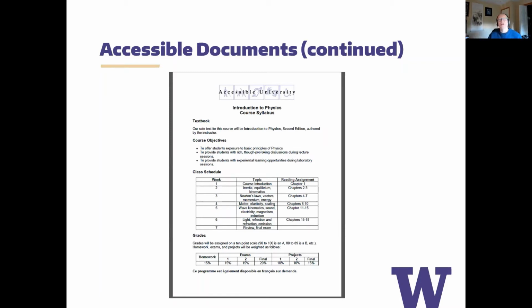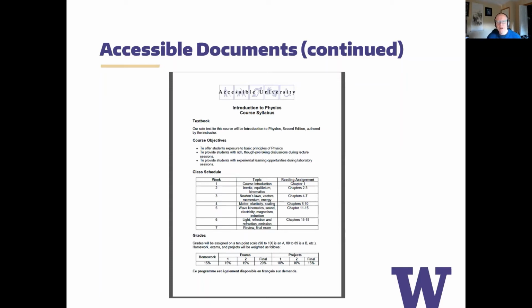PDF has an underlying tag structure that's very similar to HTML, but a lot of PDFs are created without any awareness of that, which is a problem. Same with Microsoft Word. Microsoft Word has heading styles, heading 1 style, heading 2 style, and those need to be used in order to communicate the structure.